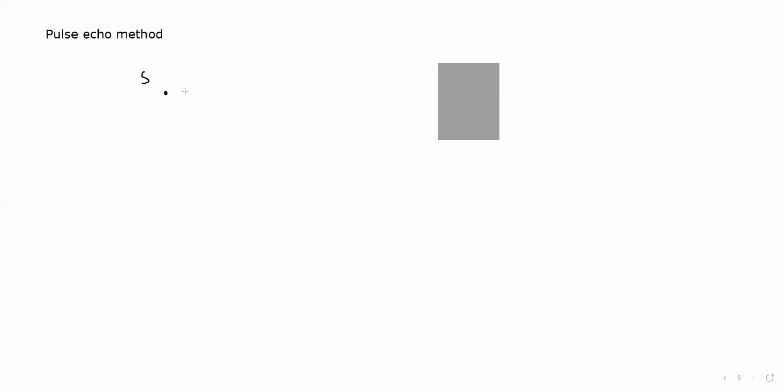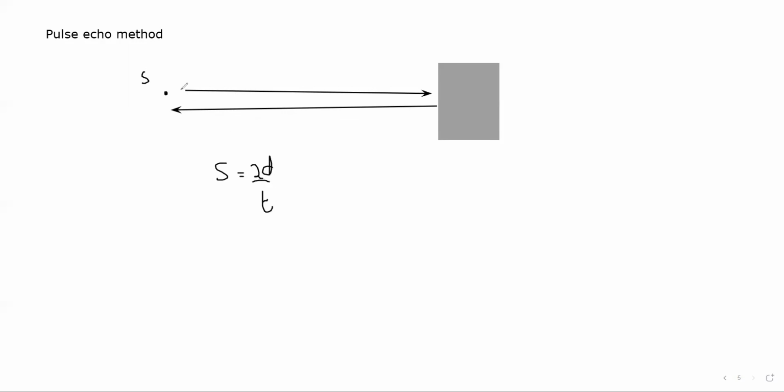So when we send the wave, it will travel and bounce back. The formula is, because it's a reflection, speed is 2d divided by t. If I know the speed of the wave, if I'm using a sound wave, then it will be 330. If I'm using electromagnetic radiation, then it will be 3 exponented. So speed multiplied by time divided by 2 will give us the distance. What is the time? The time for the pulse to travel and return back. Speed is known, divide by 2, so I will know the distance between the source and the object.